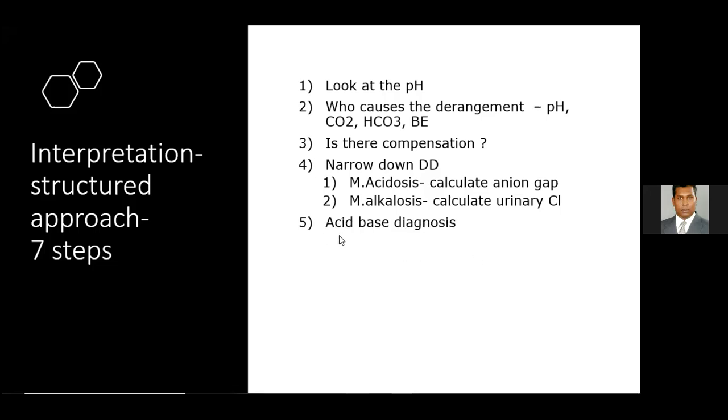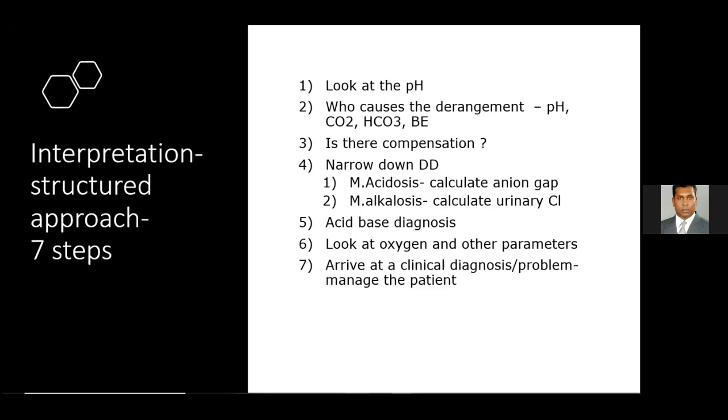Then the fifth step is to take all these things and make an acid-base diagnosis, a complete acid-base diagnosis. And sixth, and some actually advocate this as the first step, you need to look at oxygen and other parameters. Out of the other parameters, I think oxygen and its surrogates are among the most important parameters in a blood gas sheet. Then, last but not the least important step,